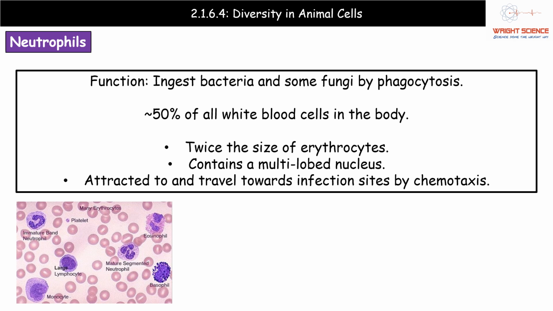Second specialised cell we need to know about are the neutrophils. So the function of the neutrophils is to ingest bacteria and some fungi by phagocytosis. And these neutrophils make up around about 50% of all of those white blood cells within the body. If we think about the way that these are specialised, they're about twice the size of these erythrocytes. They contain what we term a multi-lobed nucleus. So that means the nucleus has got lots of little blobby bits sticking off of it when you look at